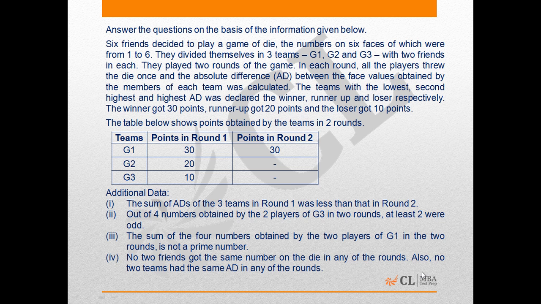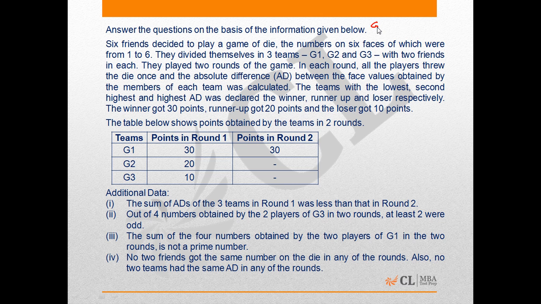They divided themselves into three groups, G1, G2 and G3, with two friends each. They played two rounds of the game. In each round, all the players threw the die once, and the absolute difference between the face values obtained by the members of each team was calculated, which means